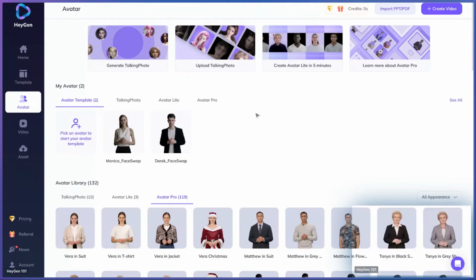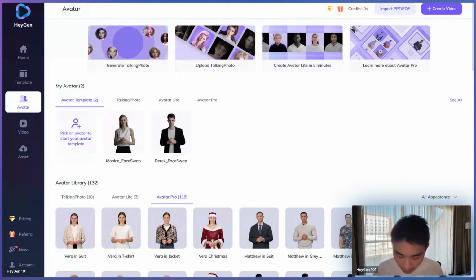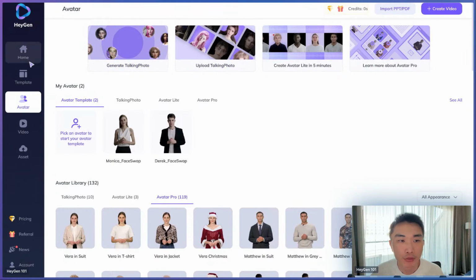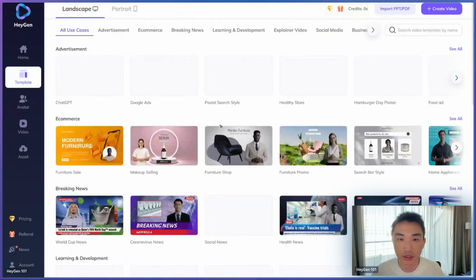Cool, awesome. Yeah, so I will try to walk everybody through what it looks like if we want to create a video on Heygen, and let's try to do one together, and then I will explain some of the other features around creating the entire video. Yeah, so pretty much the easiest thing when you register an account on Heygen is to go to the template tab.